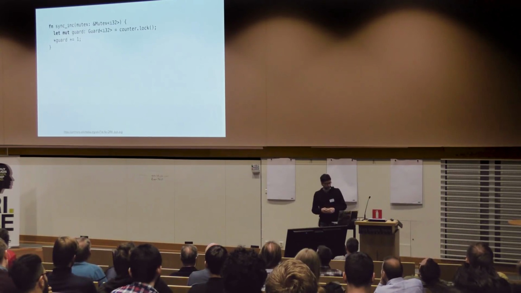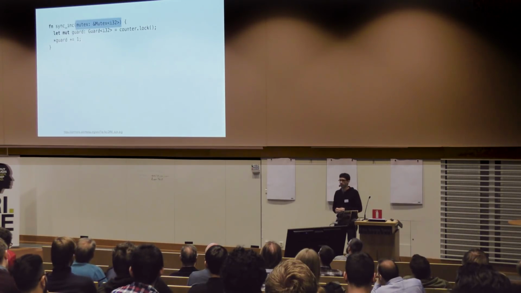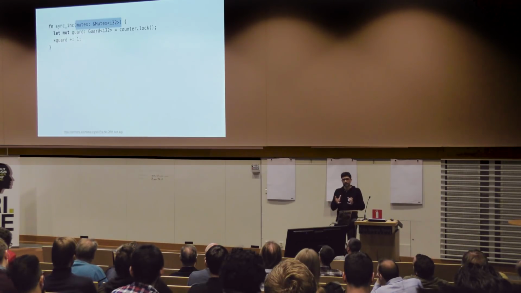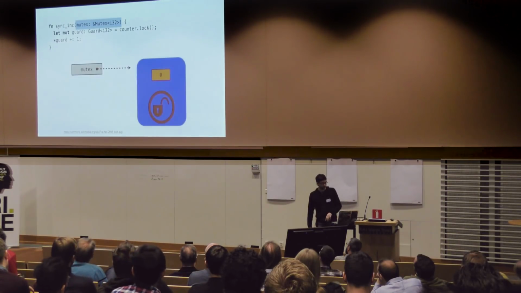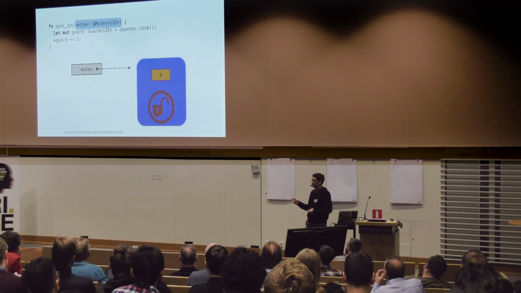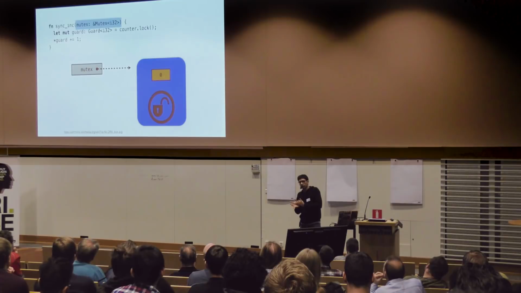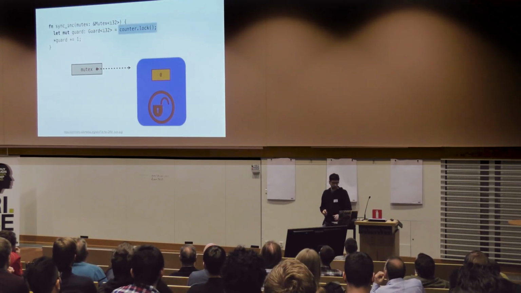And so what we do in Rust is we use ownership and borrowing to make sure that doesn't happen, right? So we have a type called mutex, and the key idea is this is not just a lock by itself, it's a lock paired together with the data that it protects. So in this case, it's an integer. So what we'd have here is a mutex with a shared reference over to this lock, and inside the lock is this data, and the idea is because the lock owns the data, nobody can get to that data without going through the APIs that the mutex or the lock offers. And really it only offers one method, which is called lock.